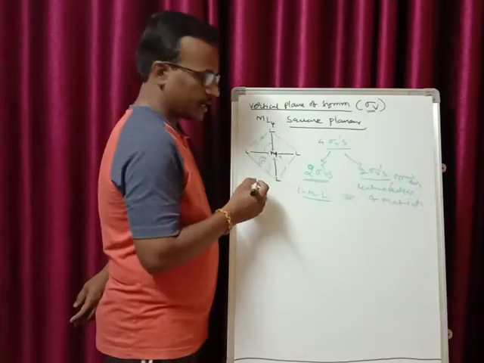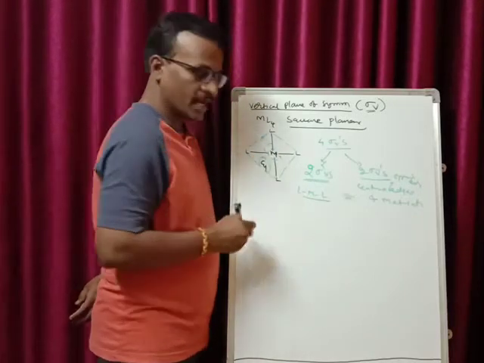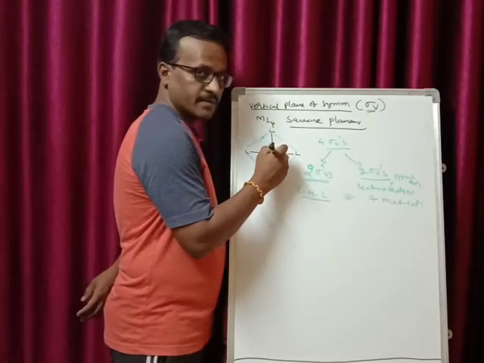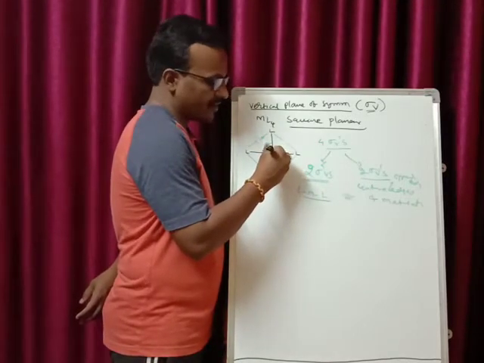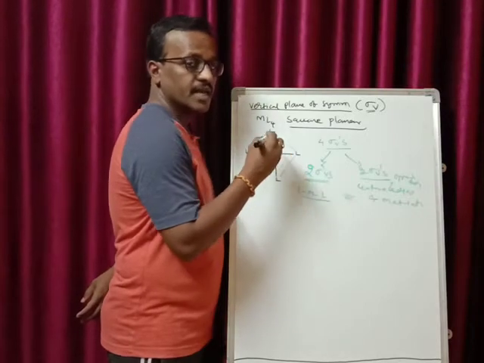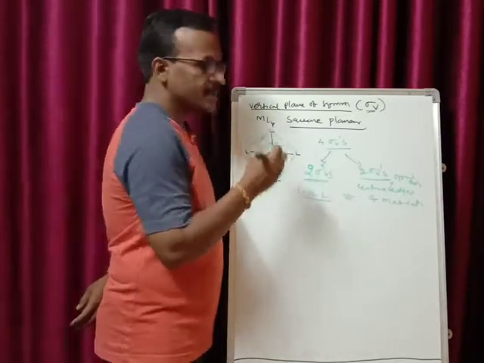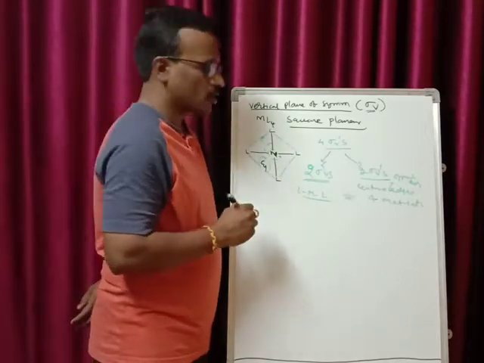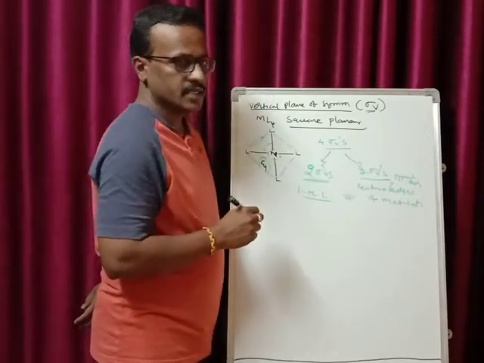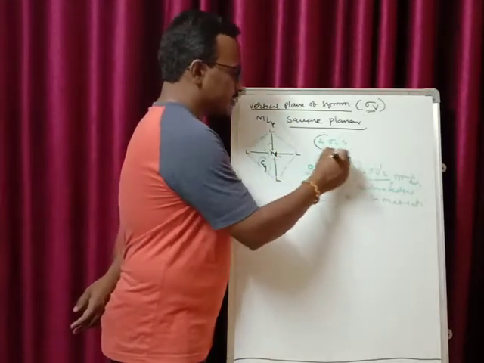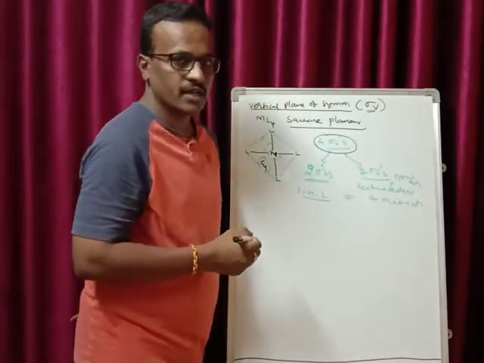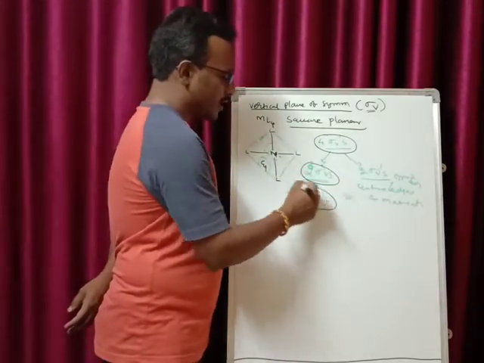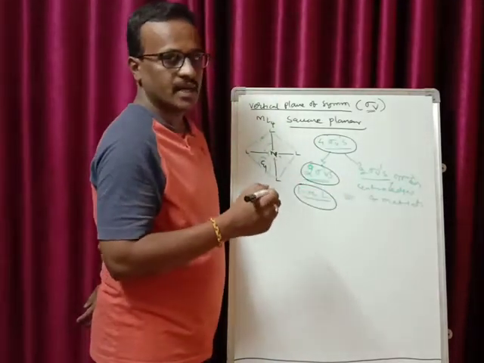In ML4 complexes, it has a C4 rotational axis of symmetry, and that axis is passing through the center of the metal atom like this. So rotation of every 90 degrees will give you the equivalent structure. This is the principal rotational axis of symmetry of the ML4 complex, the square planar complex. Coming to the planes of symmetry, in ML4 square planar complexes, it has 4 sigma v's, 4 vertical planes of symmetry, 2 vertical planes of symmetry passing through the LML, that is the ligand metal ligand bond.